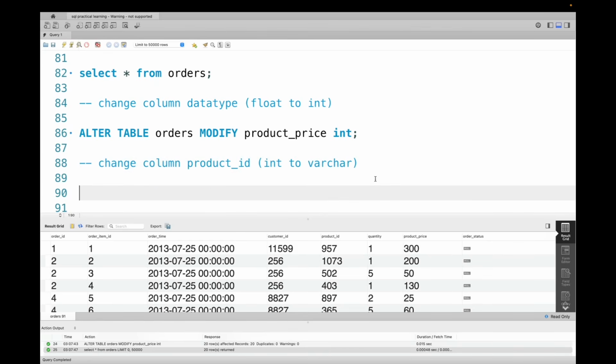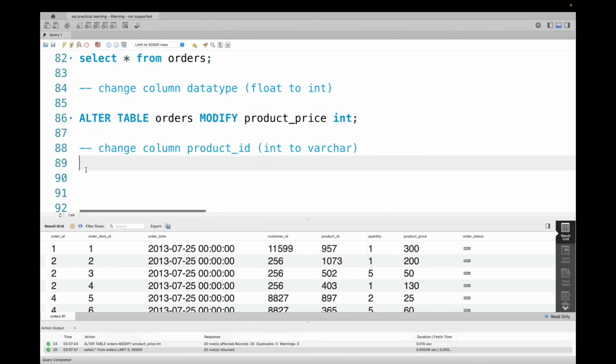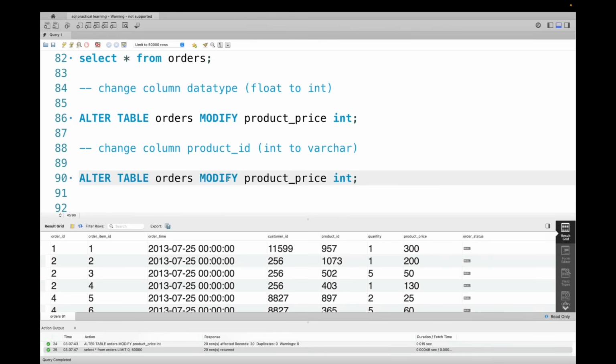I'll just copy this. Alter table name, modify product ID, and instead of int, varchar, and let's say I will say varchar of 5,